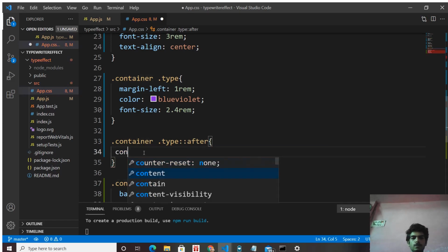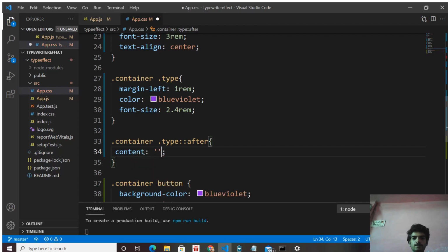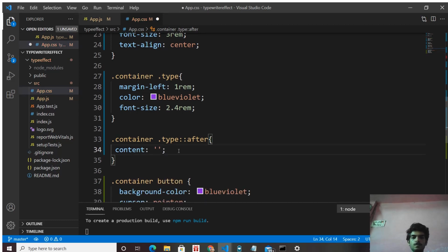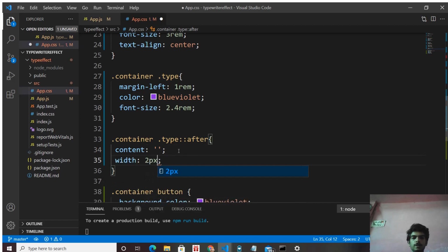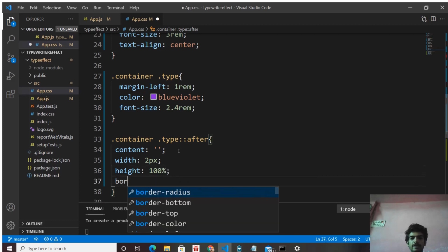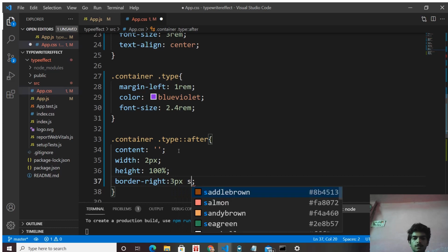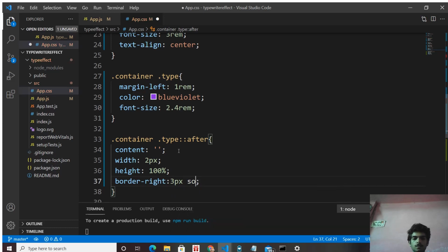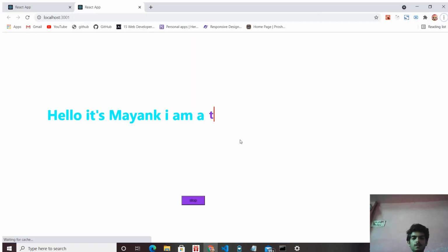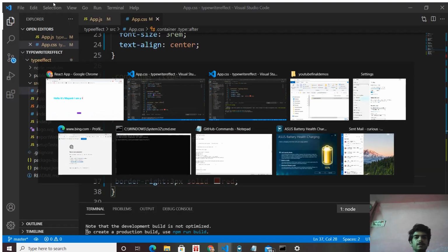Give the content property blank, give width 2 pixels, height 100%, and border right, that is the line, border right 3 pixels solid red. And when you save this, see now our character has a border right, and that is exactly what we want. Okay, so let's create the functionality to add words dynamically.